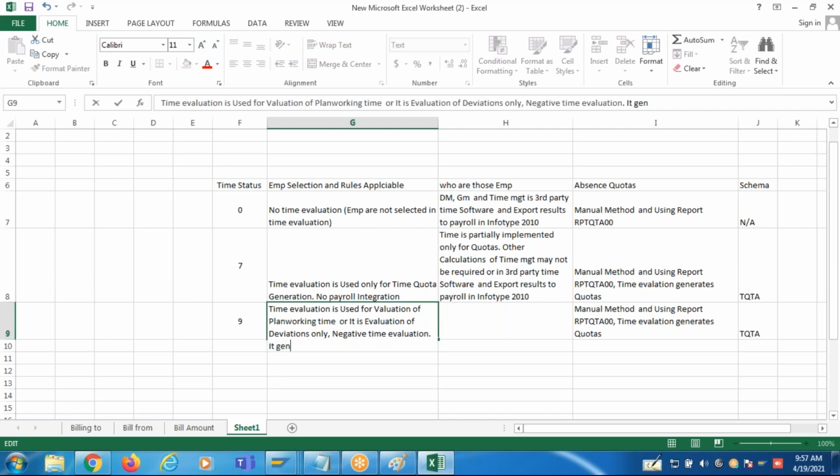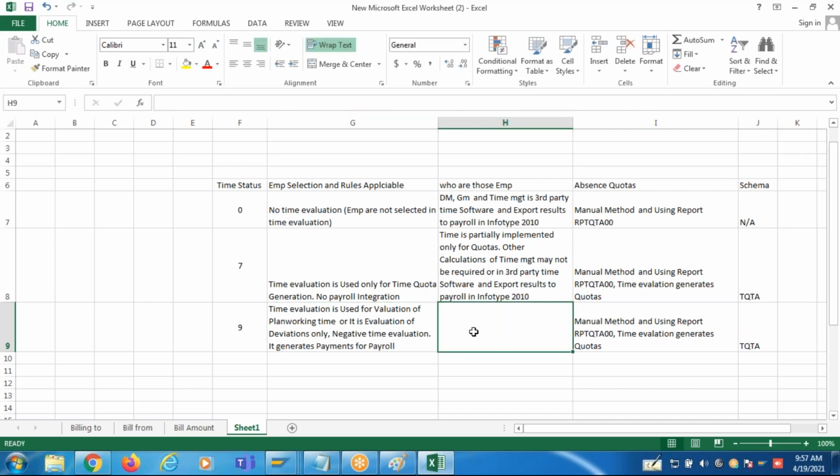It generates payments for payroll. Mostly generally salaried employees. It's not always. Sometimes salaried employees also have clocks recorded, but generally salaried employees, to whom